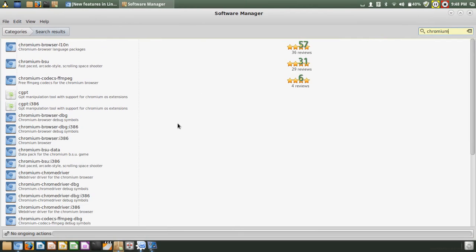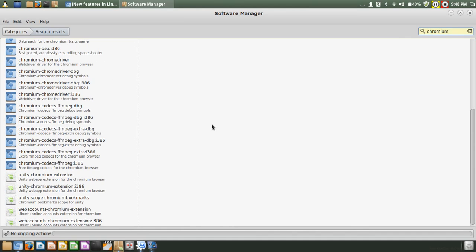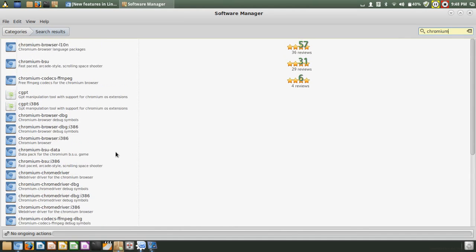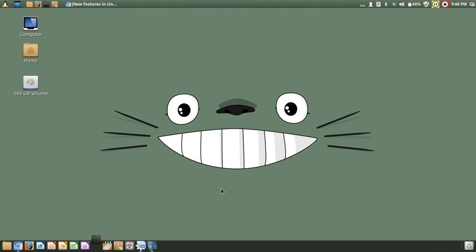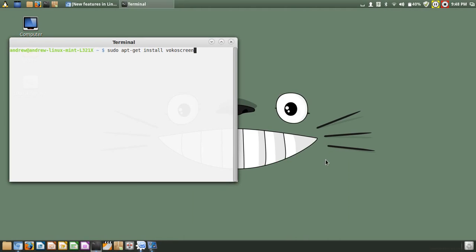I mean, come on, just show me where the browser is, because that's ridiculous. I don't need to see all these things. How is that useful? So pretty much I went into terminal and installed Chromium the old-fashioned way by just doing sudo apt-get install